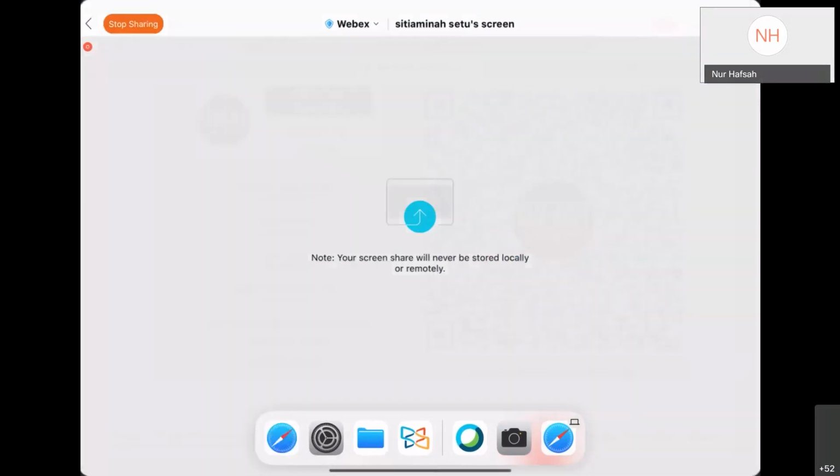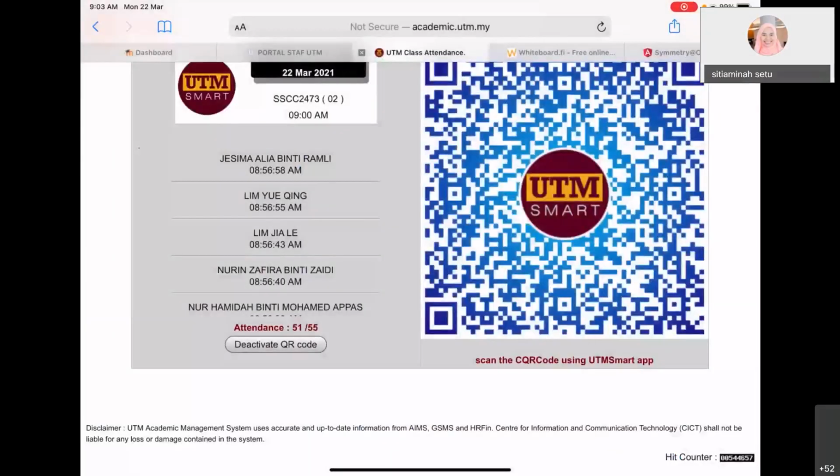Okay, ada lagi tak yang belum sign attendance ni? Scan. Okay, okay, so